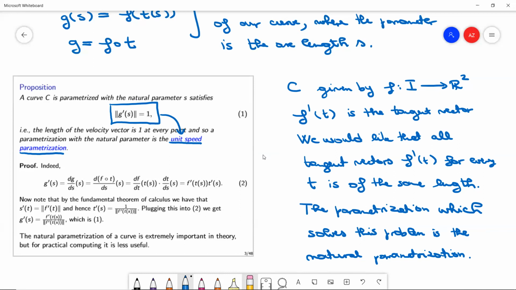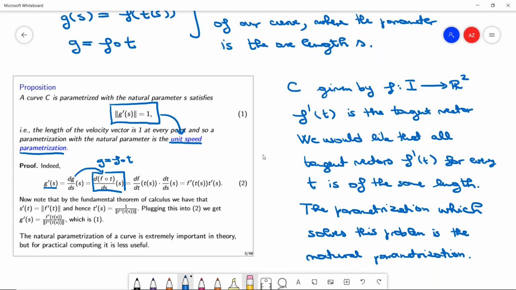So we have this g prime of s. We compute this g prime of s. This is, in other words, dg over ds. So in the second equality, what we do is just plug in the definition of g. So g is f composed with t. So it's just the definition. And now you know from analysis how to compute the derivative of the composite function. So we have to take the derivative of the outer function with respect to the corresponding parameter, and then multiply